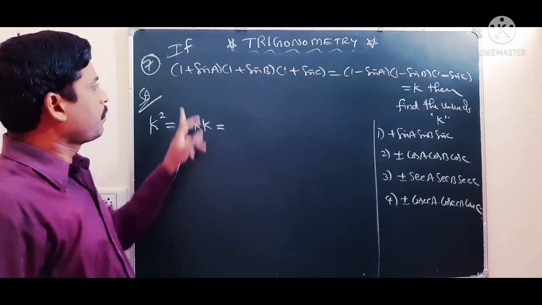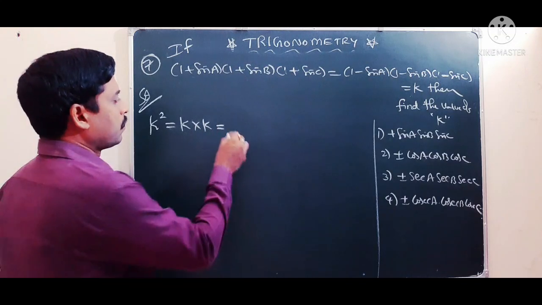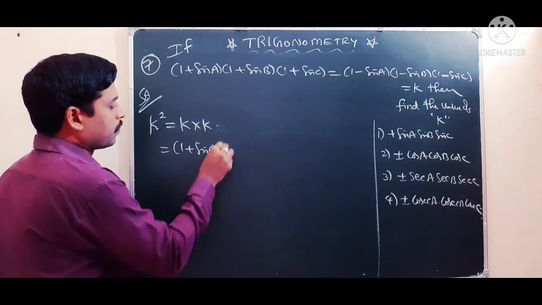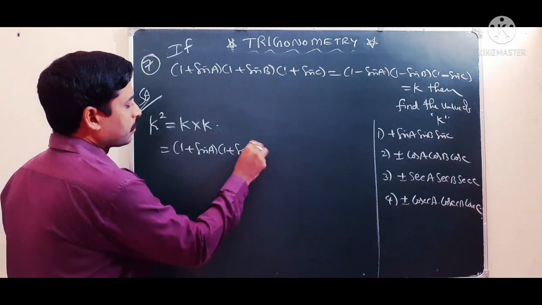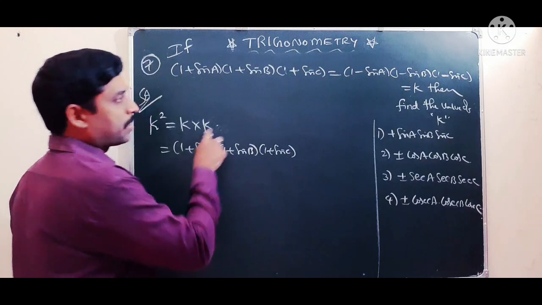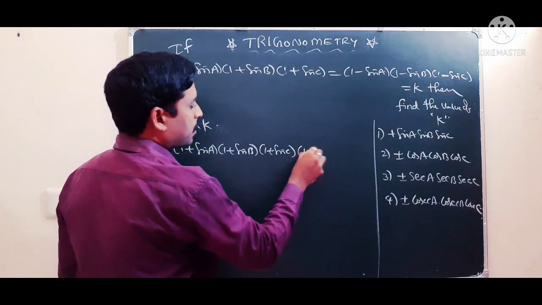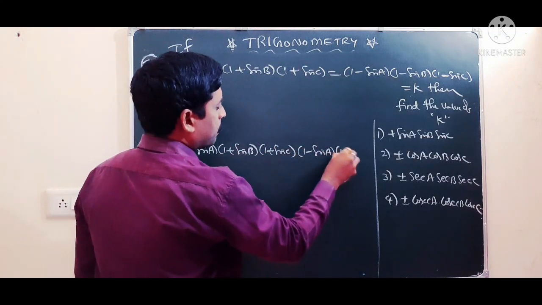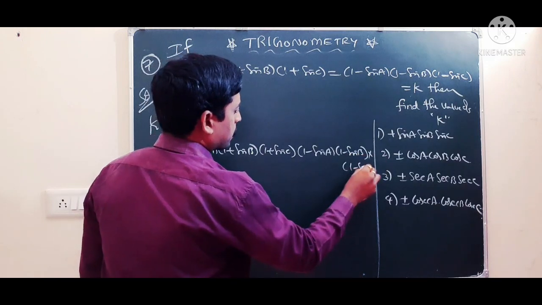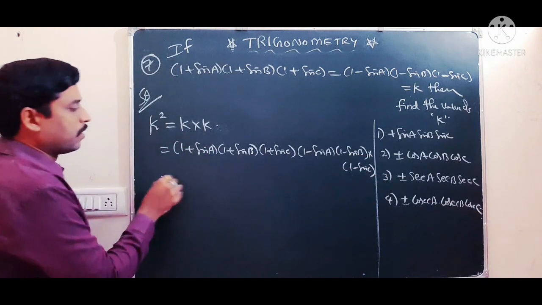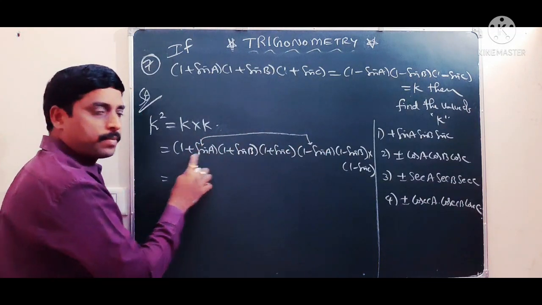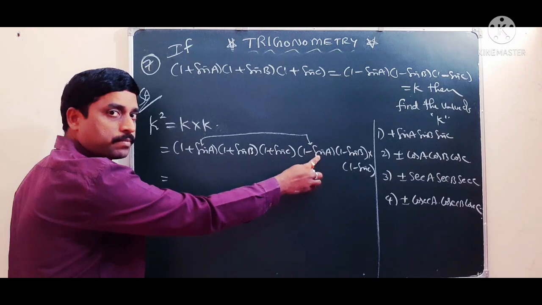In one k place, write this value: (1 plus sin A) into (1 plus sin B) into (1 plus sin C). In the other k place, write the second value: (1 minus sin A) into (1 minus sin B) into (1 minus sin C). By using (a plus b) into (a minus b) equals a square minus b square,